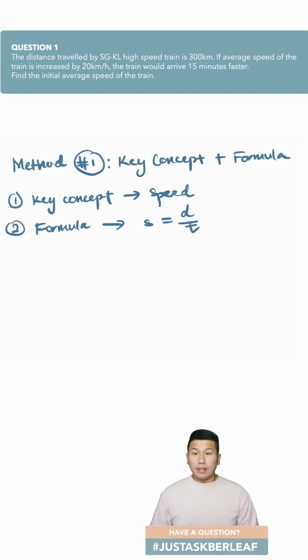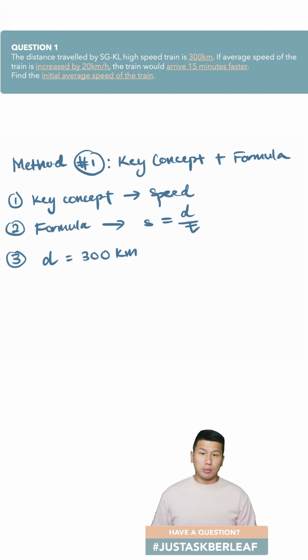Okay. To make things easier, it's good to list out the pieces of information that are required in the formula. So we have the distance is 300 km. The speed before, to us, we do not know. Let me denote this as S with a subscript BEF equals a question mark, because we do not know. The time taken before, T, is equal to unknown as well.